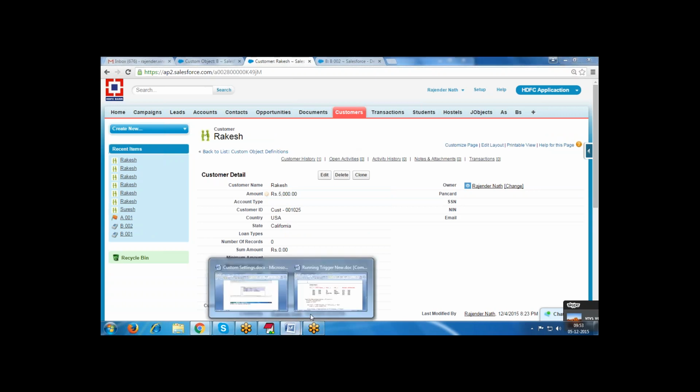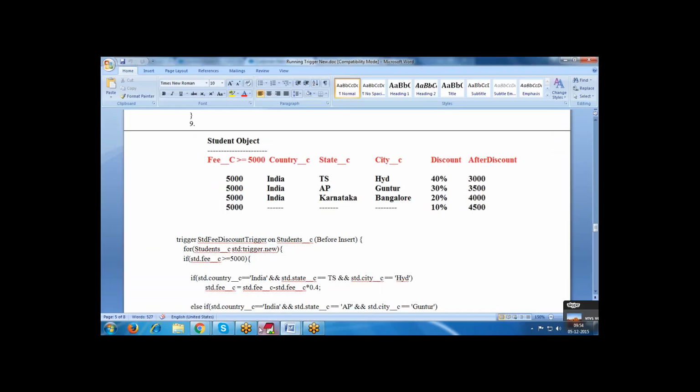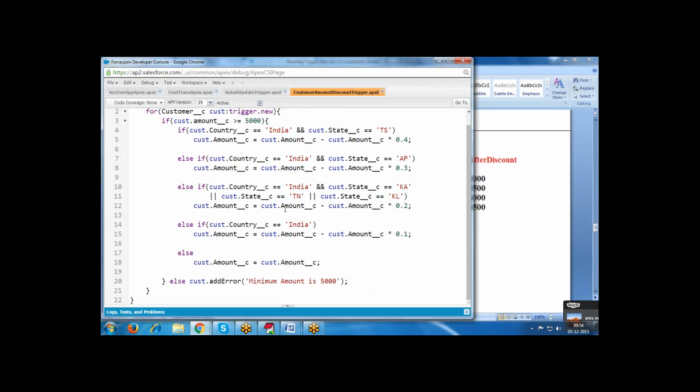Now, clear? If there are multiple states and you want to take any one of the states, then you can take an OR condition. If it is other than any other states, then select only the country. States are not required. Country is also not required, which means whatever amount is there, that amount. If the fee is less than 5000, then this is executing. If the fee is greater than or equal to 5000, this code is executing, and it is performing the operations. Otherwise no operation is performed.